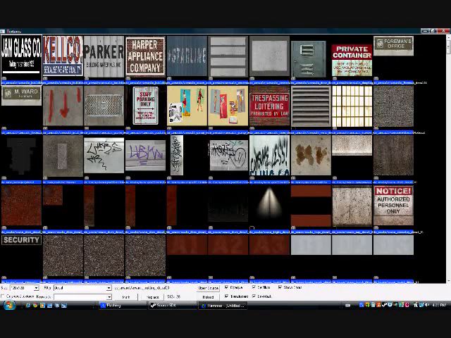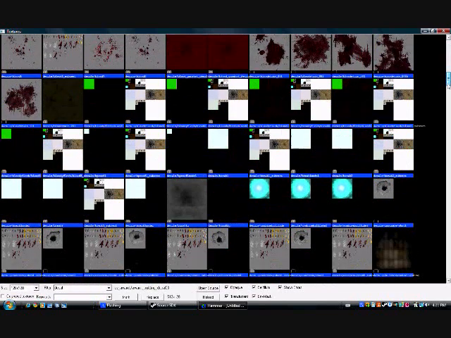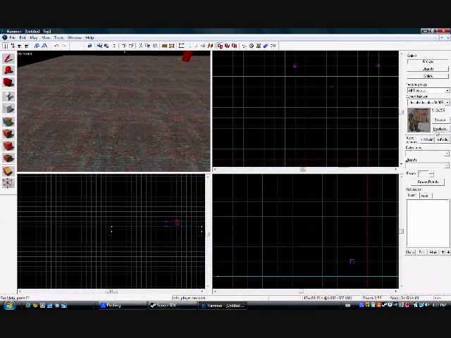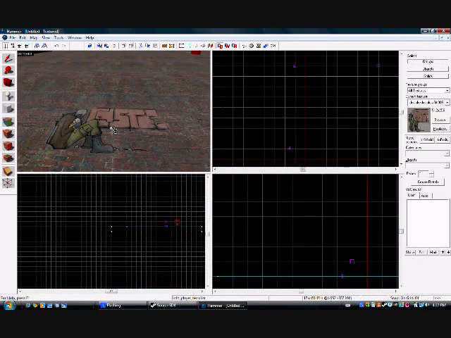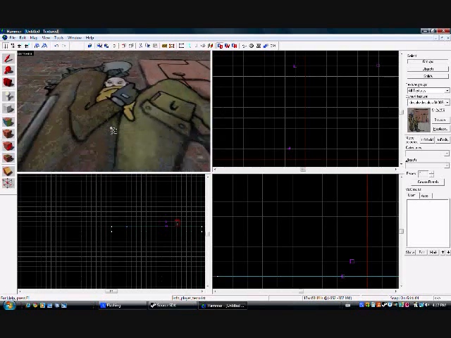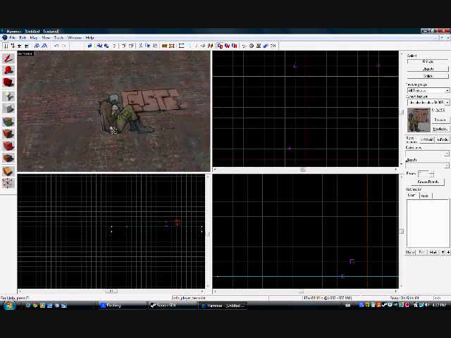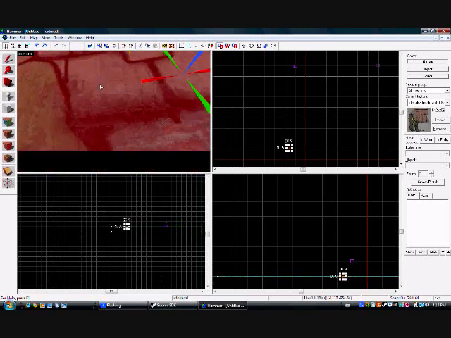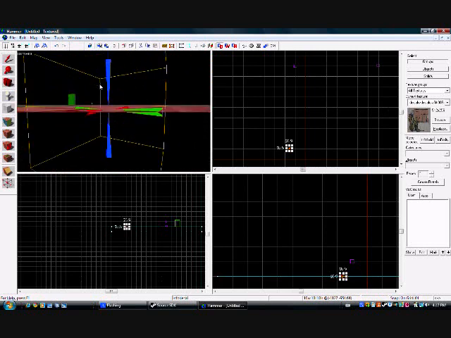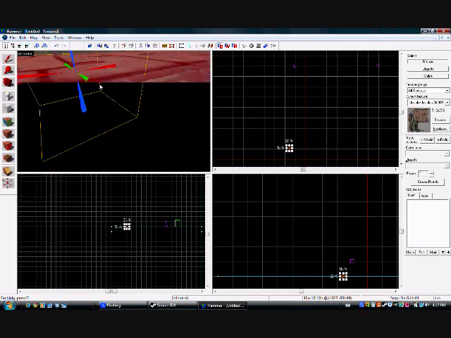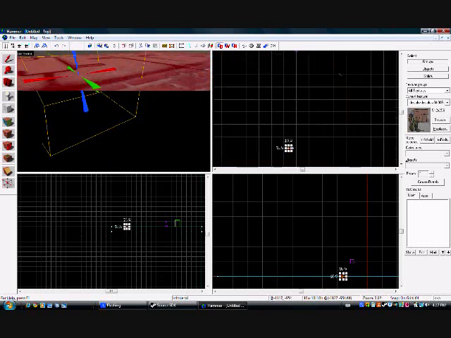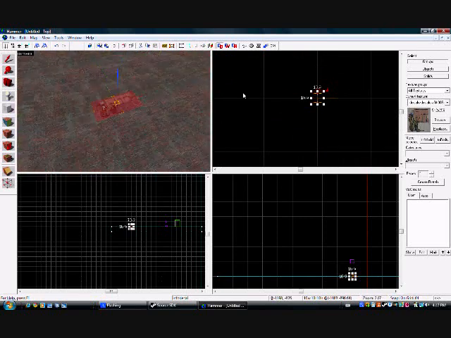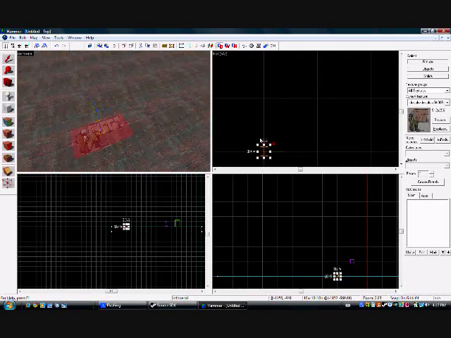So let's say you want some graffiti. So you just double click it, and you have it right over here on the side, and you click down like this, and there you go. It pops up. It's not like a brush where there's any edges, it's just one face that sticks there. And you will see this little, I don't even know what to call it, but it's like axis on a grid. And with those, you can move them around. So I want to move them over here, and it'll move the decal with them. Move over there, whatever you want. And you have to make sure that it's always